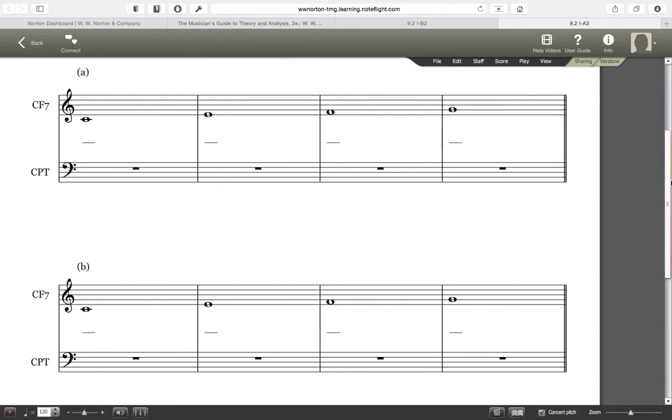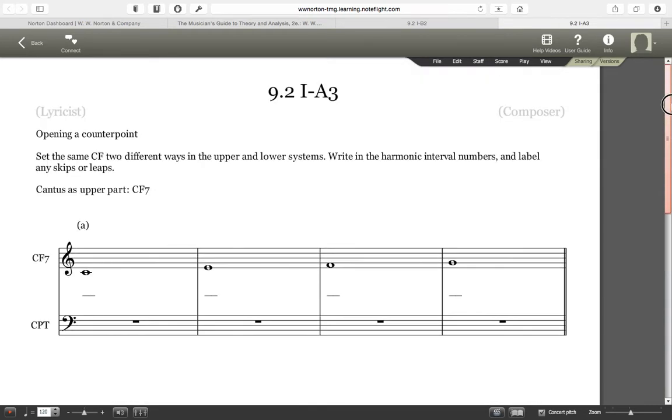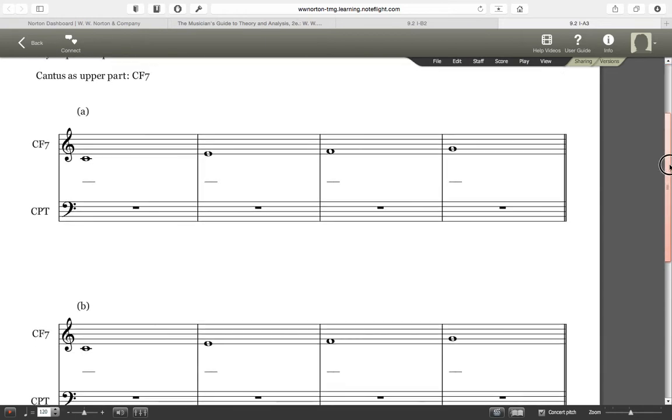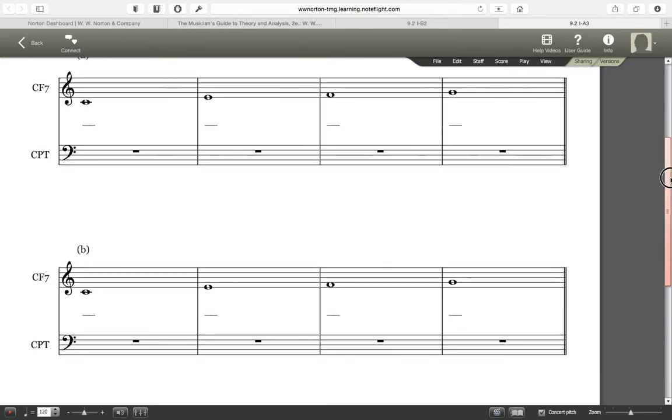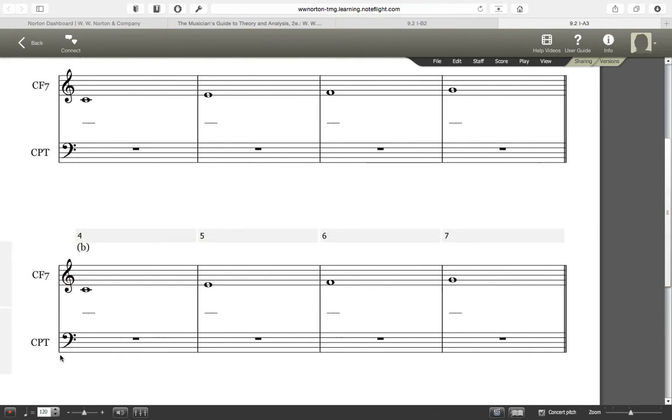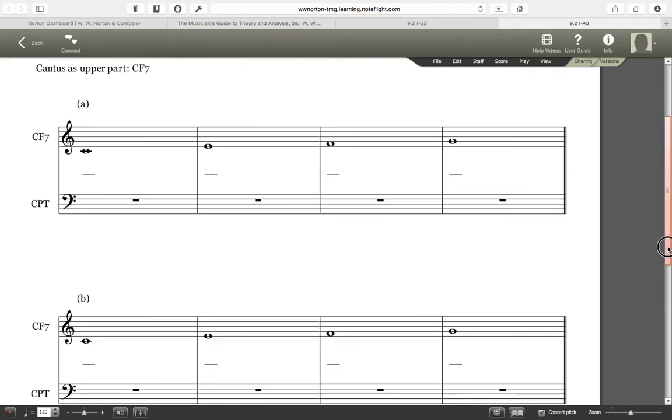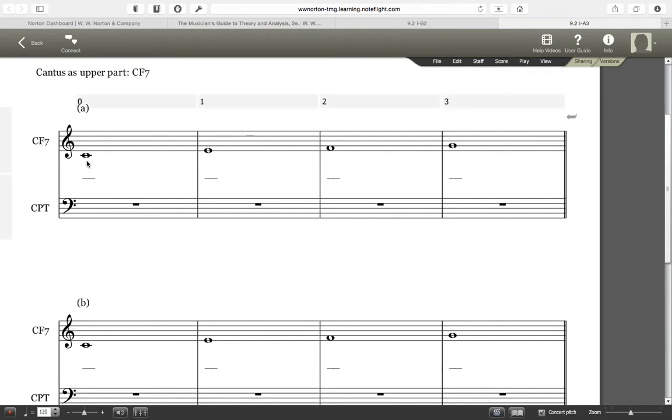So I'm looking at, let's see, 9.2.1a3, and I have a Cantus Firmus as the upper voice and a counterpoint that I need to write in. I'm actually going to be doing the same Cantus Firmus but with different counterpoints. So let's deal with the first one. The Cantus Firmus is going to go C, E, F, G. It's 4 measures. It is incomplete, but C, E, F, G is the first piece that I need to worry about. So I'm going to set up a table,